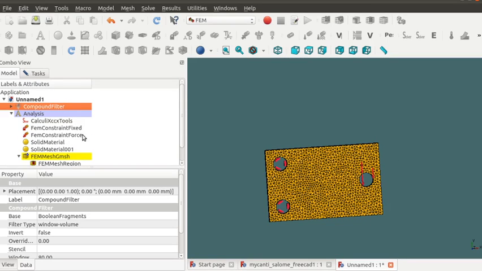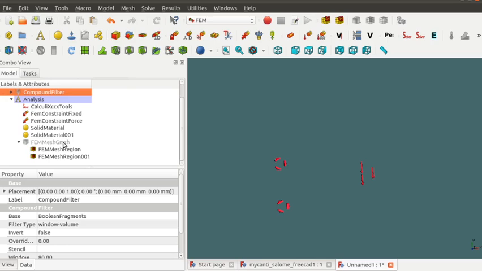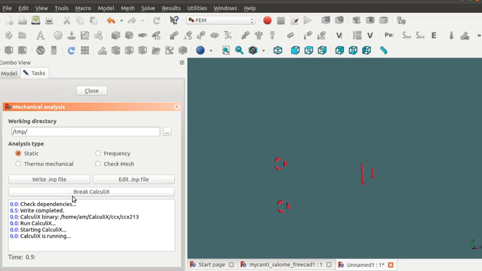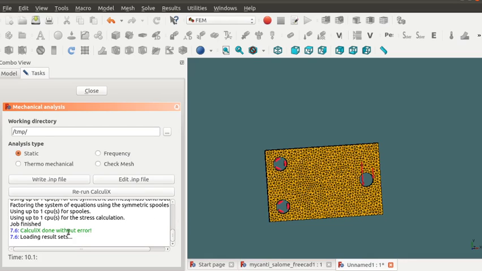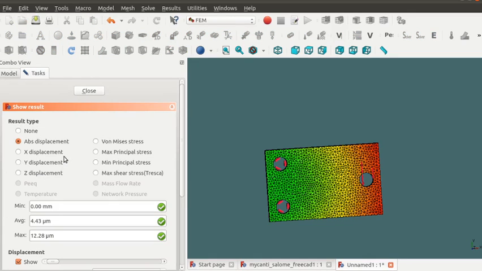In order to check whether the meshing and every process is okay, in this FreeCAD section, double click on this icon and write the .inp file. It's completed. Run CalculiX. It will run in the background. Once it ends, it will throw the result into the user interface. So CalculiX is done without error. Close this. In order to view the result, double click on that icon, and this is the absolute displacement. This is the von Mises stress. You can check this